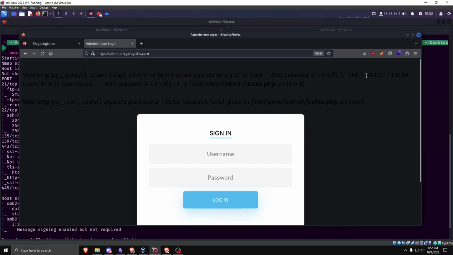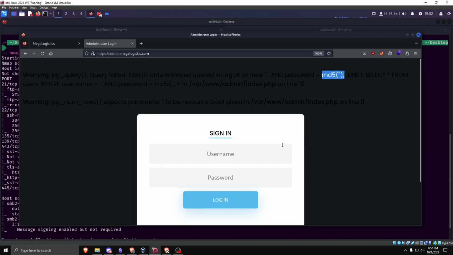You'll see here's the whole query. Select all from the users table where the username is equal to, and this is really hard to see, a single quote and another single quote. So the username is probably inside of two single quotes, and when we input a single quote, it doesn't know what to look for. And it says and password is equal to MD5, and we don't even need to worry about the fact that the password is being hashed with MD5 before it's thrown in, because